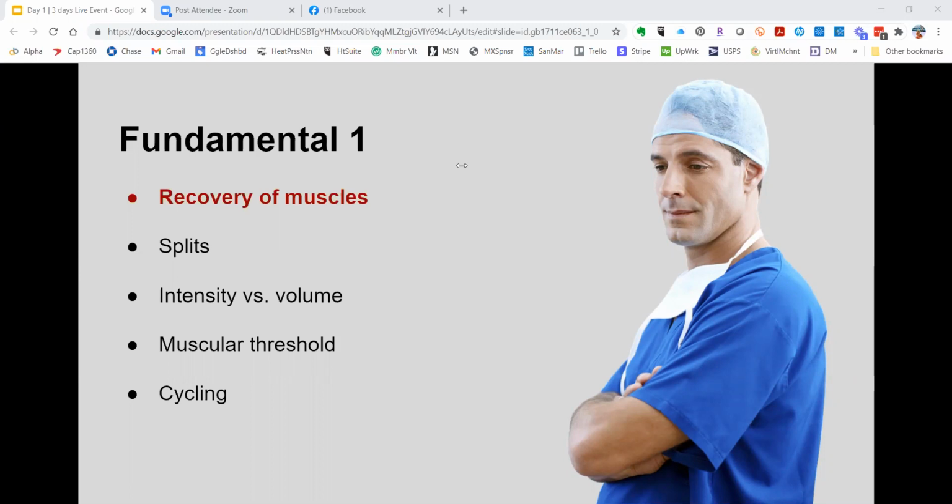On Monday, you've hit your back and chest, and then 96 hours later on Friday, you've hit your back and chest again. So we're meeting the recovery criteria. Abdominals, I like to put in as a cool down at the end of each day. So you would do that Monday, Wednesday, and Friday and meet the criteria for that recovery.